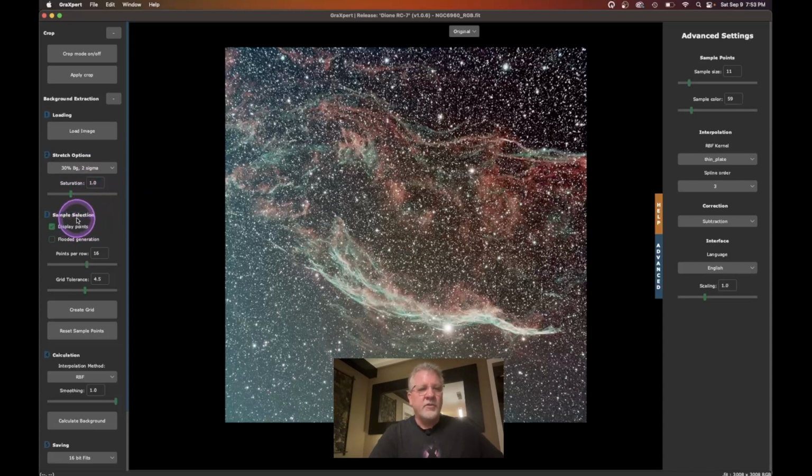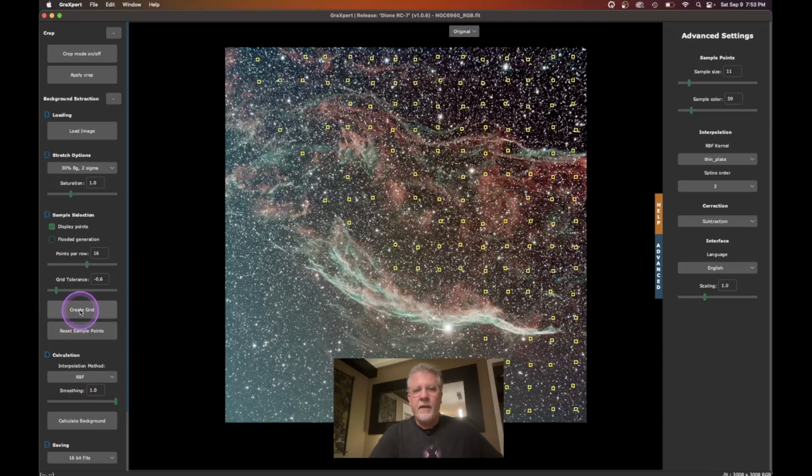So the next one is for sample selection, and this is basically setting your grid points. So display points is on. I'll leave flooded generation here for just a second. We'll come back to that. Points per row 16 seems to be appropriate as I've messed around with this a little bit. Grid tolerance here, I'm going to bring this down. My initial grid tolerance of about -0.4, -0.5 seems to work pretty well for me for a first run here, and I can go ahead and click on Create Grid. Okay, so it created grid for me here, and I'm going to do some work on this,